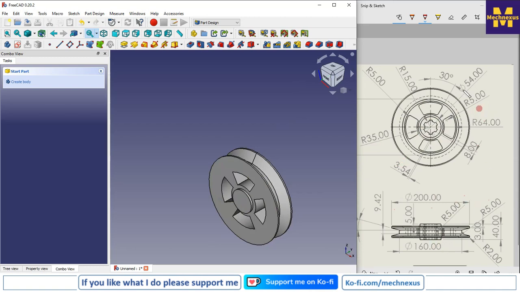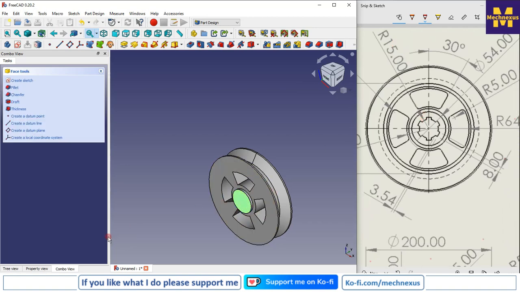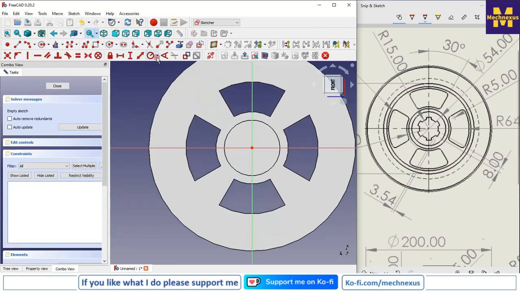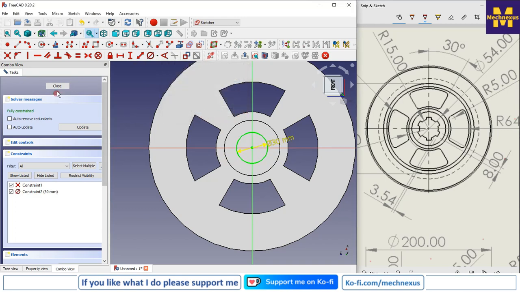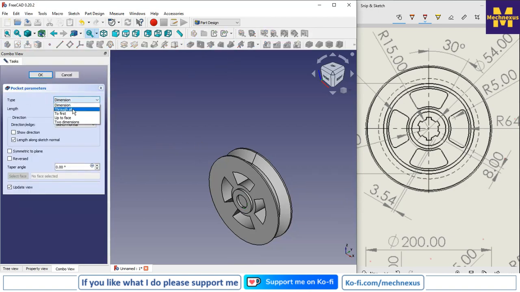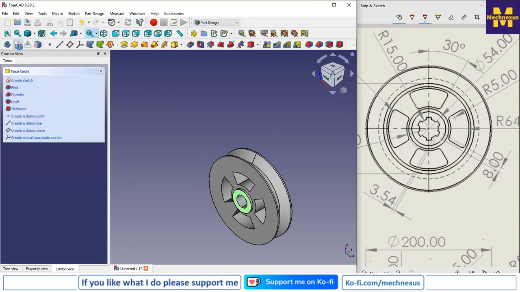So first we will see the diameter. So it is R15, so diameter is 30. So first I will select this face and create a sketch, and I will select the circle, and I will give the diameter 30, and I will cut it, and here I will say through all. OK. Now I will select the face again and create a sketch,